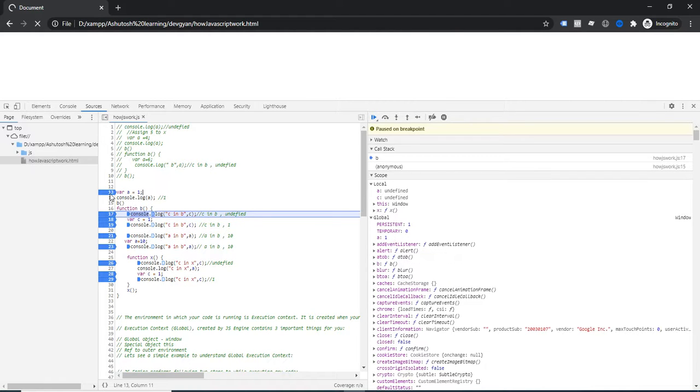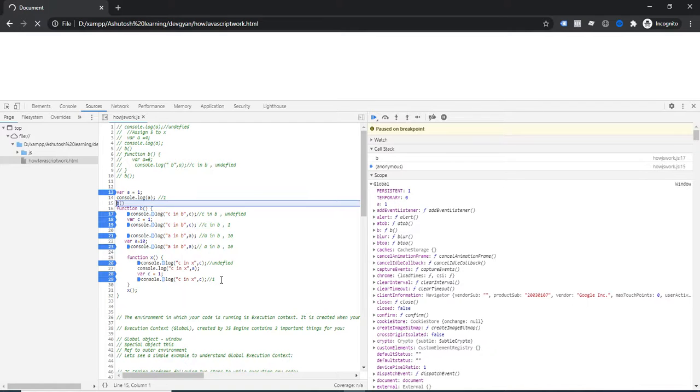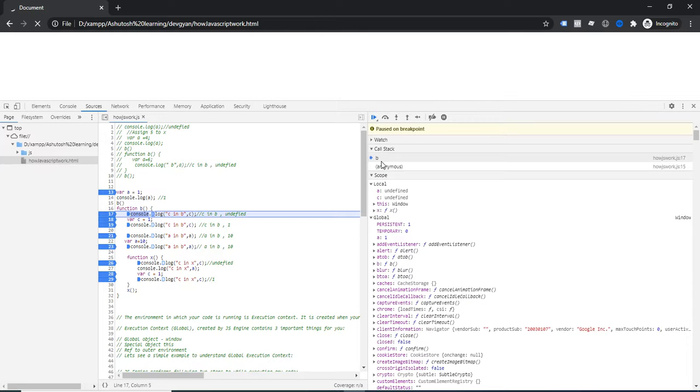because you know that the execution of line number 13 has already happened. That's why the value of a is 1. Now b is also stored. Now you can notice that in the call stack two things are available. One is anonymous, which points to the global execution context, and function invocation has happened. Since function invocation happened, another environment, the functional environment and functional execution context, is entered. The same thing happens there.